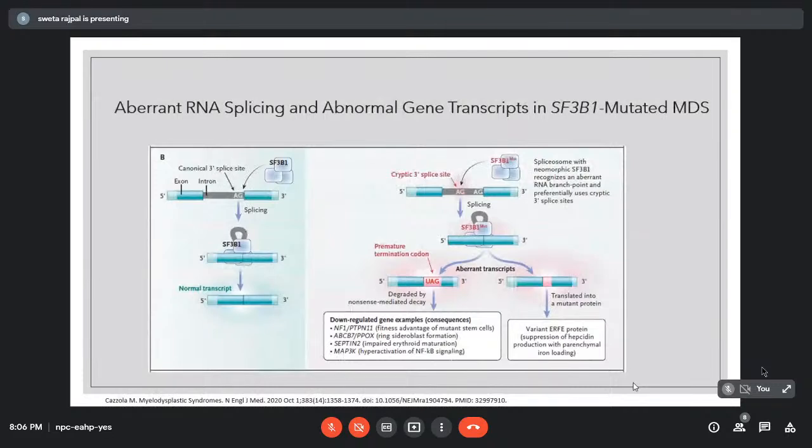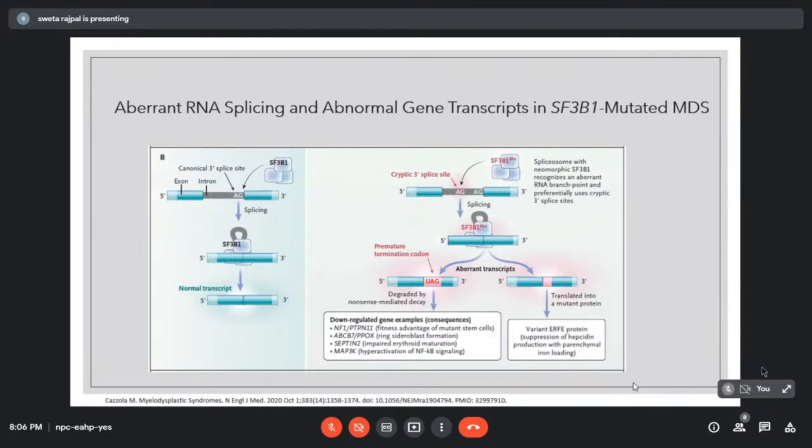So what happens in SF3B1 mutation? SF3B1 is a spliceosome protein. When it is mutated, instead of cutting at the canonical 3' splice site, it cuts upstream of the splice site, 10 to 30 base pairs upstream. That leads to the formation of aberrant transcripts, leading to the insertion of a premature termination codon, leading to the decay of these aberrant transcripts. That will lead to downregulation of many genes that are involved in the